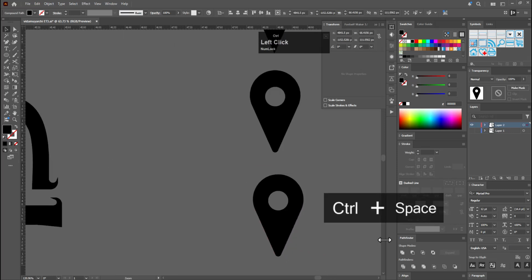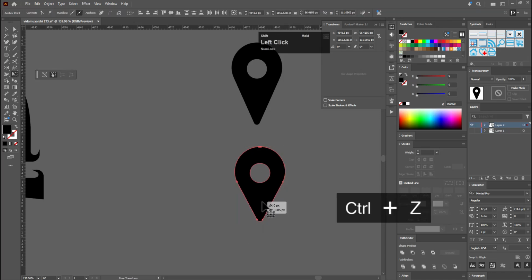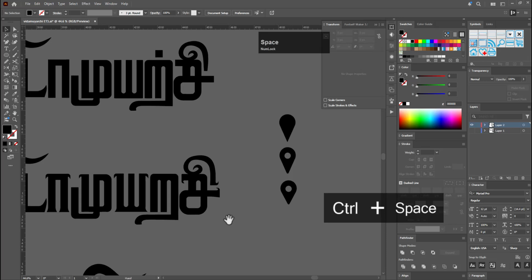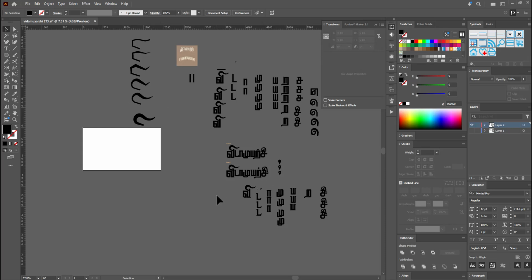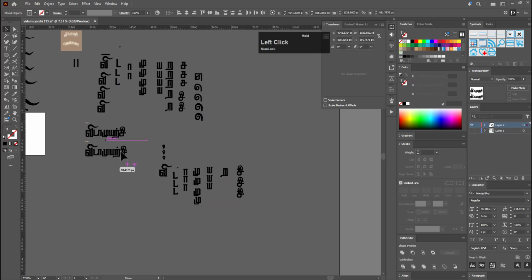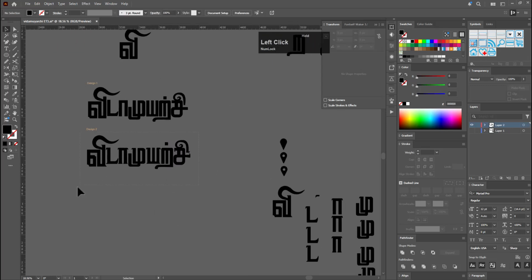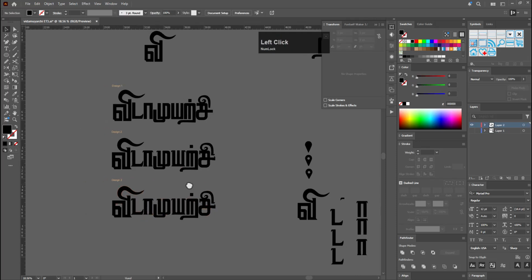Let's keep it this way. Maybe let's reduce this size just a tiny bit. I think we're okay. And let's select this and move it away, and then let's select this and move it this way. Then let's drag this here, and then